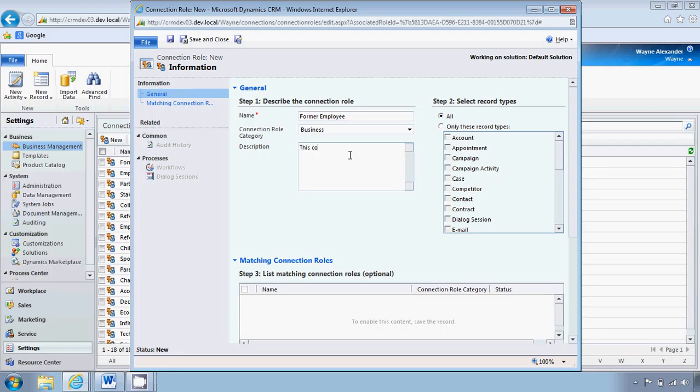I'm going to say this connection is for former employee of the selected account. Okay. Again, we're going to select only this record type, and this time I'm going to go ahead and select contact. And this time all I'm going to do is save and close, and you can see when I save and close